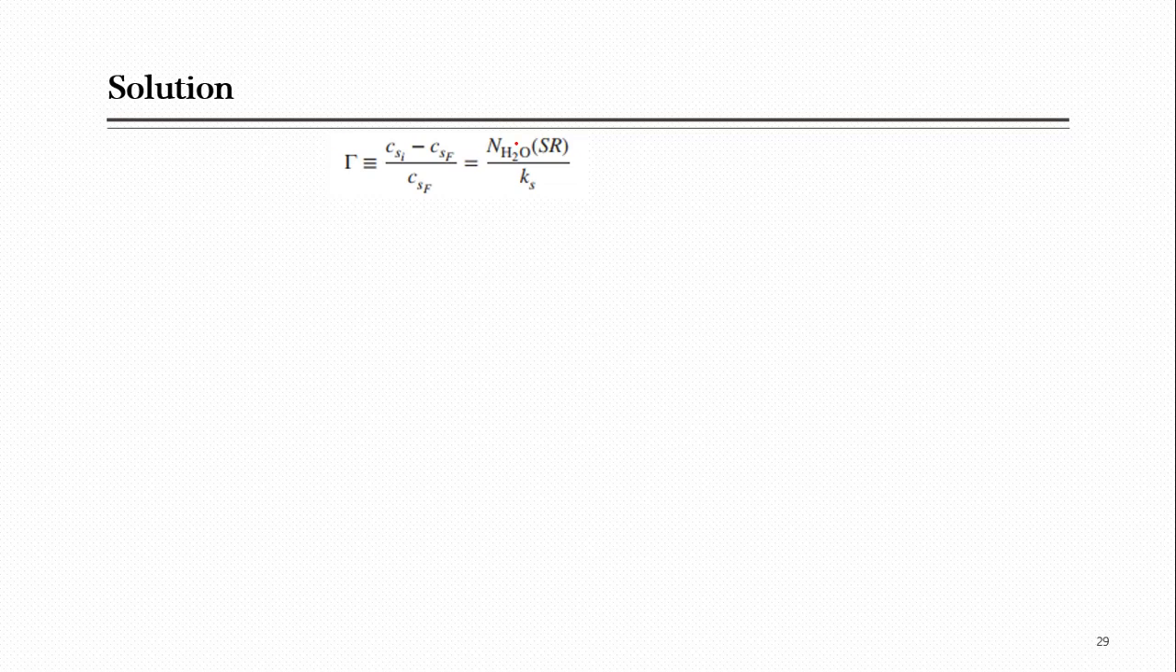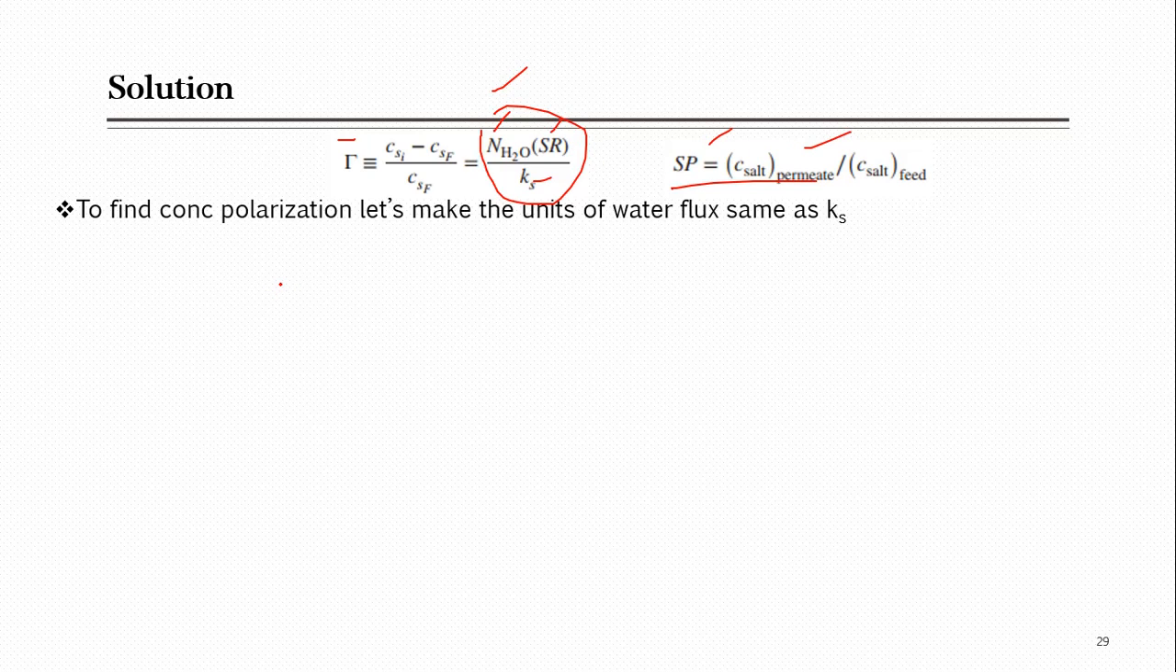And if you look at this formula of concentration polarization, as I told you earlier, this part of the formula is easier to use, because now you have flux of water, you have the value of Ks, only SR you have to calculate, and this will be done. So let's look at this. For this SR, you can use this formula of SP, and for that SP you will need concentrations which are already available. But before making this calculation, let's